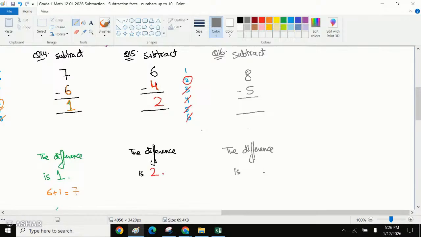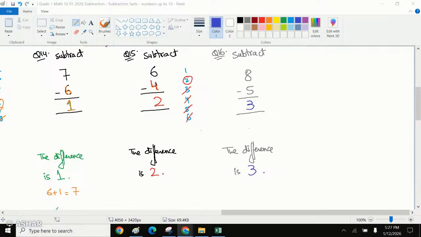Yes, thank you. We are left with, yes, you're absolutely correct. That means we are left with 3 open fingers, right? So we can say that 8 minus 5 was 3. That means the difference of the two numbers is 3, right? So what we are looking at is when we subtract any two numbers, we find the difference between those two numbers. Okay, subtraction would give us the difference as the answer. Okay,